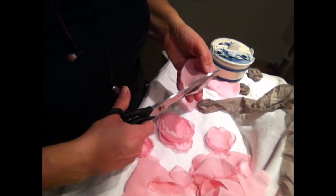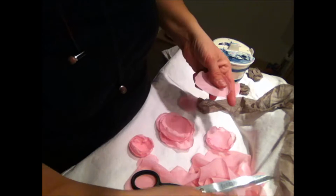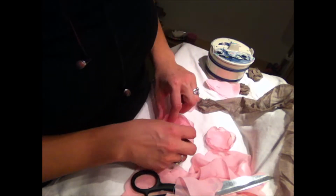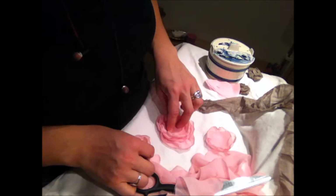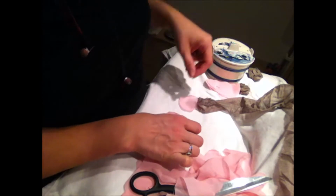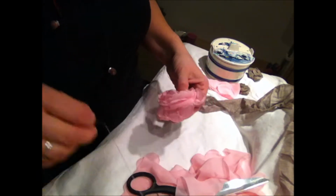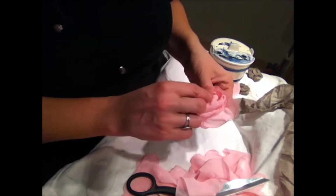Or you can just cut a little piece here. So as you can see, I've taken this part up, and I'm just taking my lighter, and I'm just gonna do this. And bam, bam. So, trying to do this and this and this, and I'd like to save this for another day. So I'm satisfied, and I'm just gonna